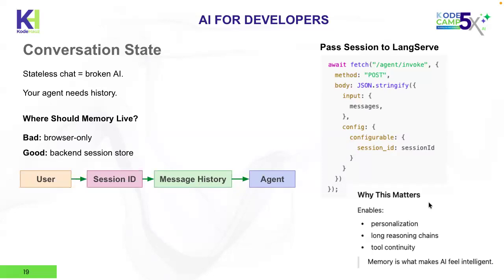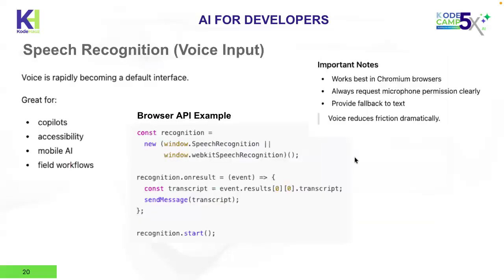So memory is the second core element that makes AI feel intelligent. Without memory, even though the AI will answer questions intelligently, it has an inability to remember. Like I said, it will remind you of an old grandma that does not remember what you people